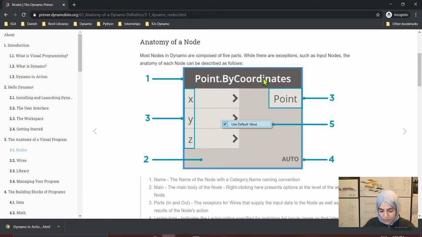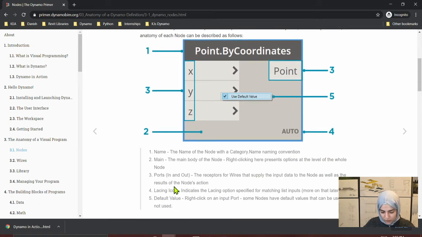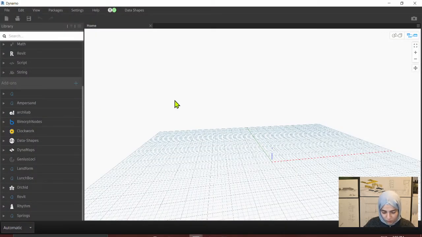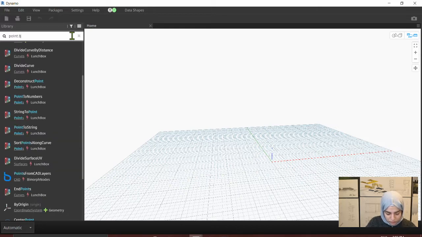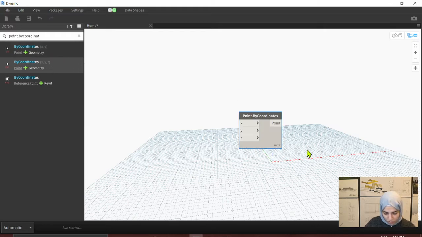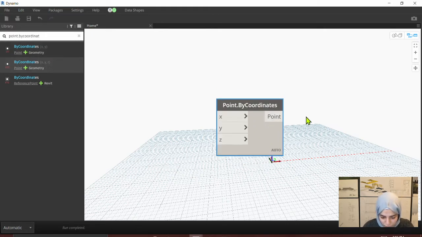So right here we have a diagram that represents a node, and in this diagram everything is numbered, and under each number we have some description down here that illustrates what each corresponds to. So if we start to go into Dynamo and explain this, let me just search for a node, and I am going to use Point by Coordinates for this example. And let's try to observe what this